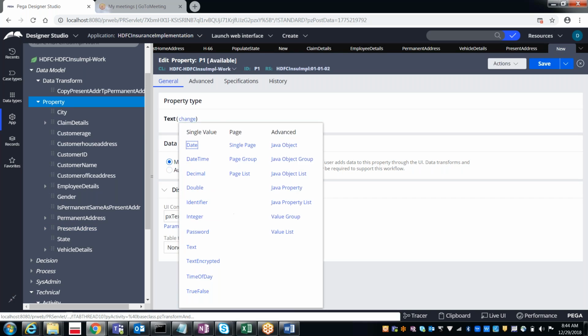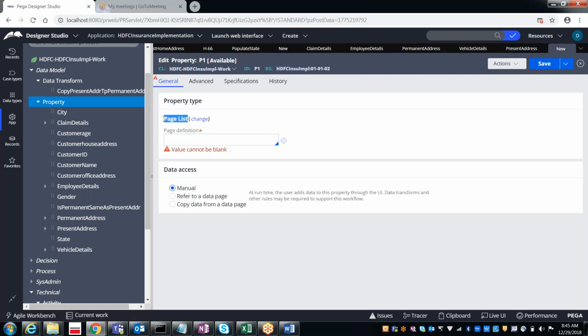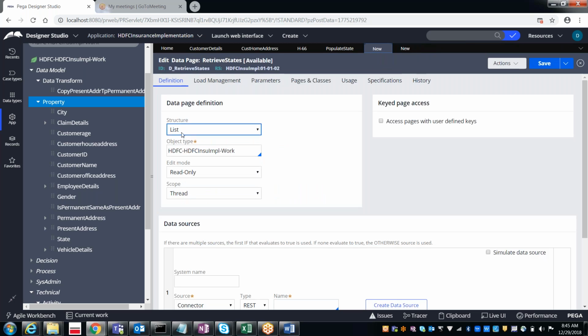If you want to have multiple records, we were using the page list property. In the same way here, for the data page also, we will have something called a list kind of page, like line details. So here we will have the list kind of page we wanted to create.